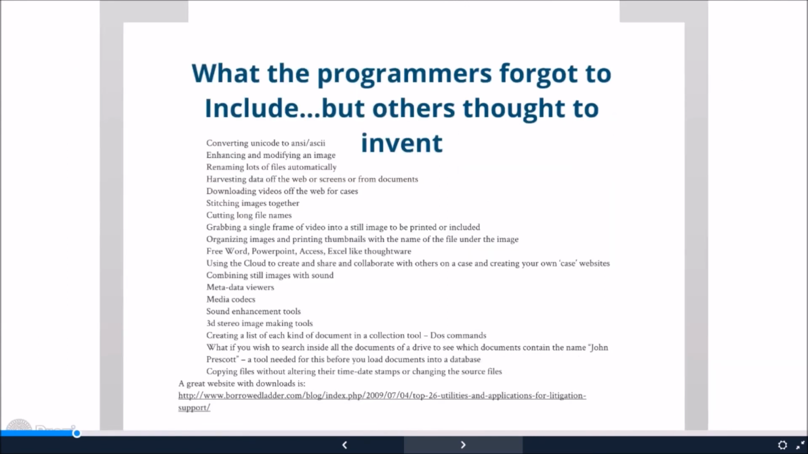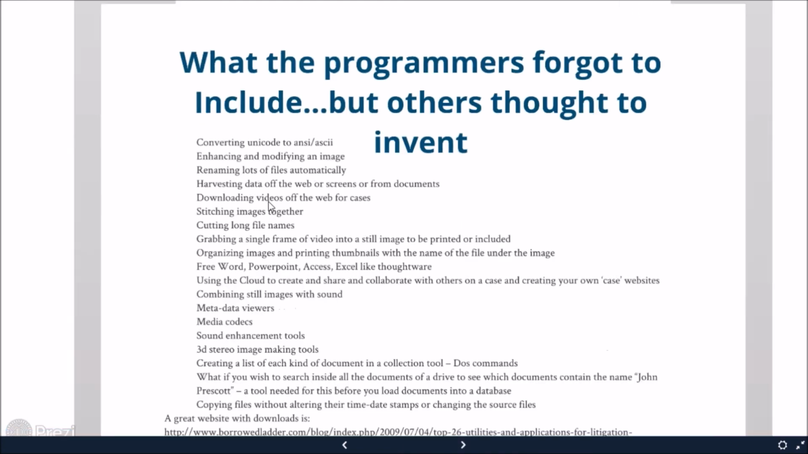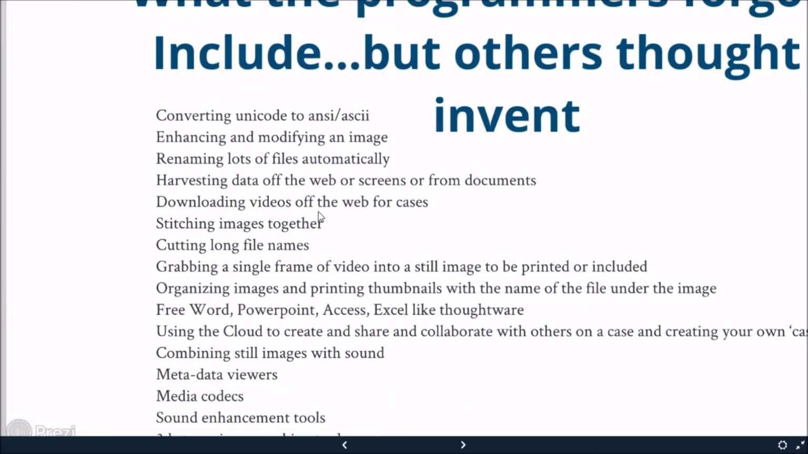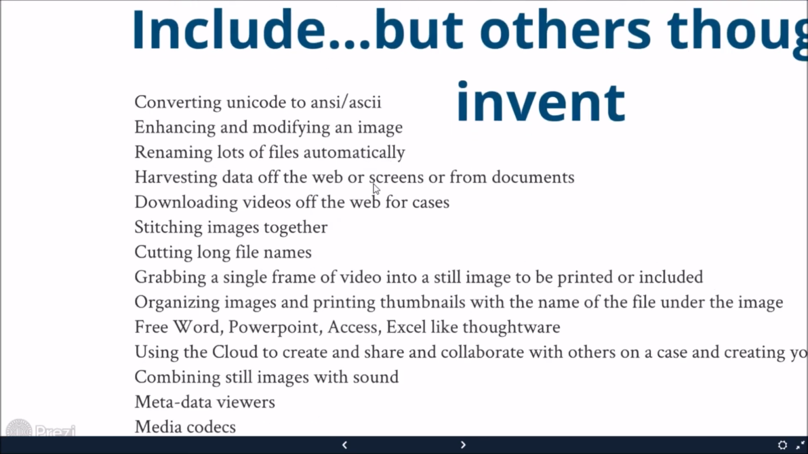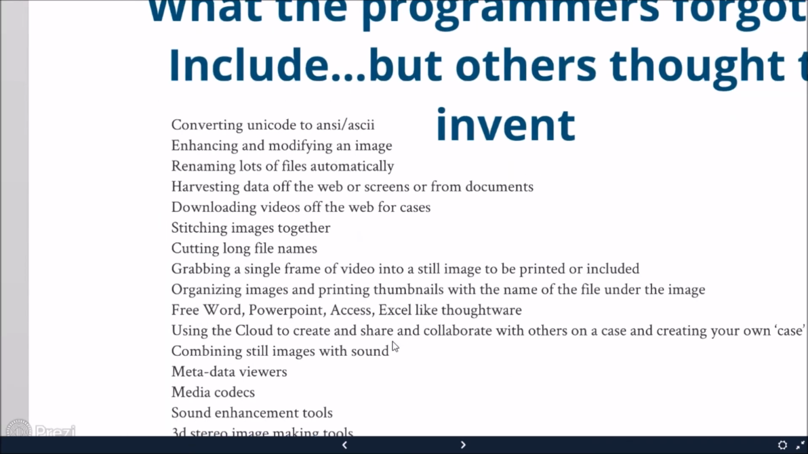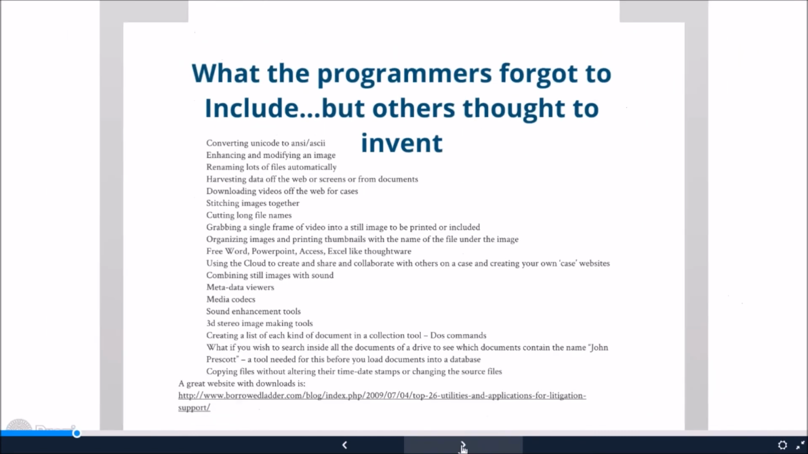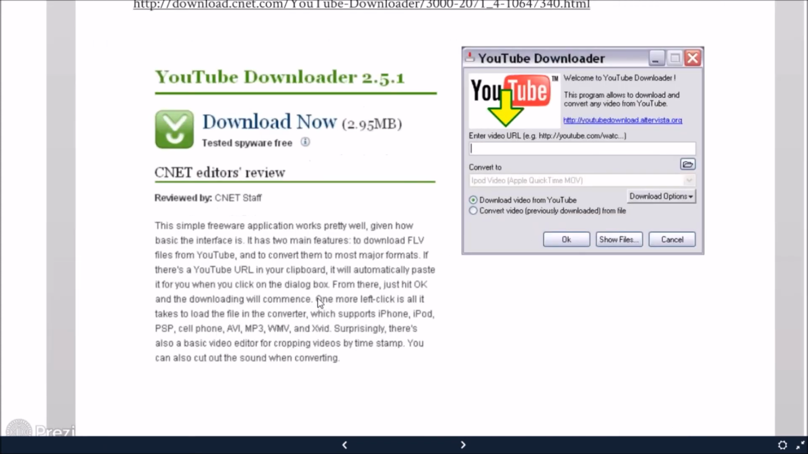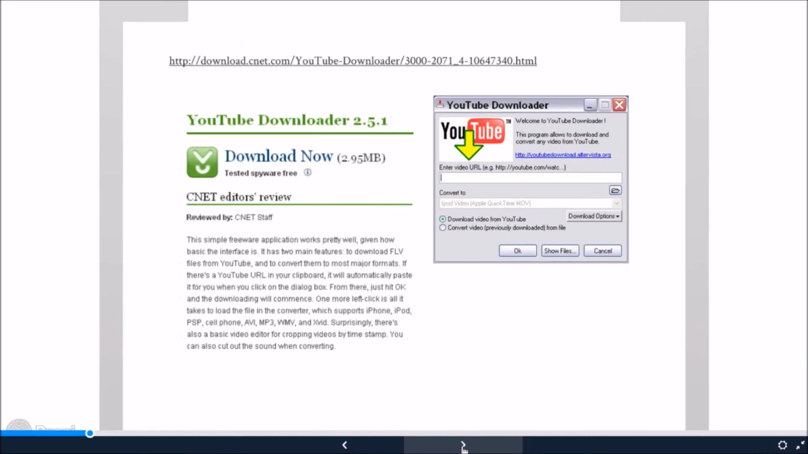What if the programmers forgot to include, but others thought to invent, converting Unicode to ASCII, enhancing and modifying an image, renaming lots of files automatically, harvesting data off the web? So these are the things that all these utility programs can do for you that trialdirector can't, that you need to use before you bring information into trialdirector. YouTube Downloader, that's another program that is freeware that you can download, and you can grab YouTubes and bring them into your trialdirector